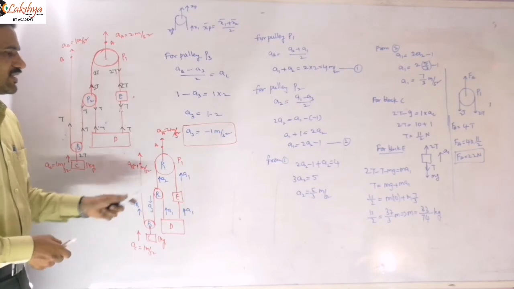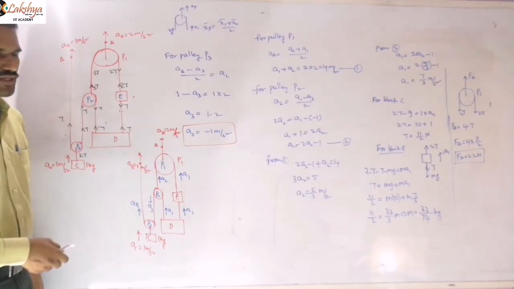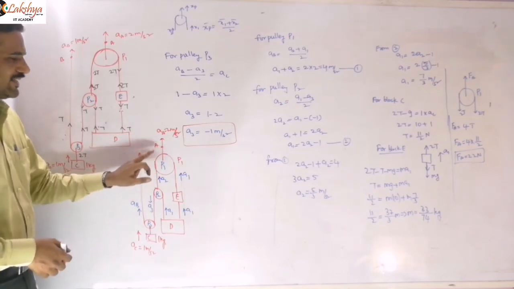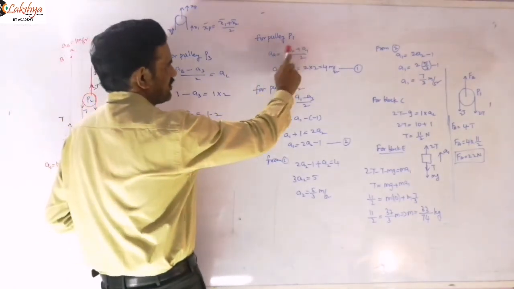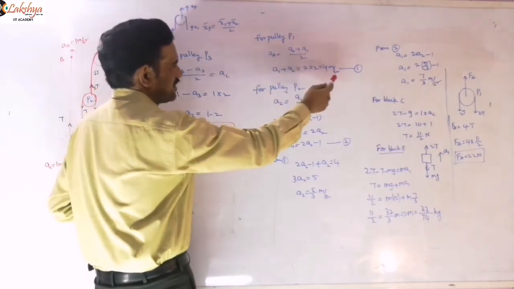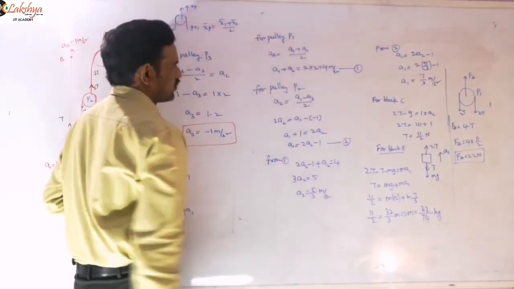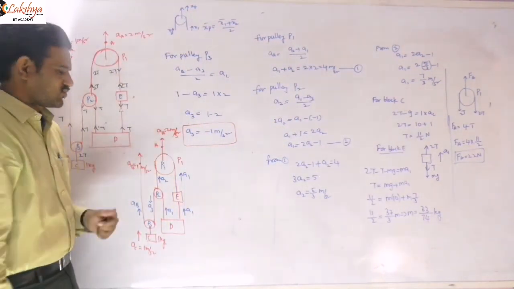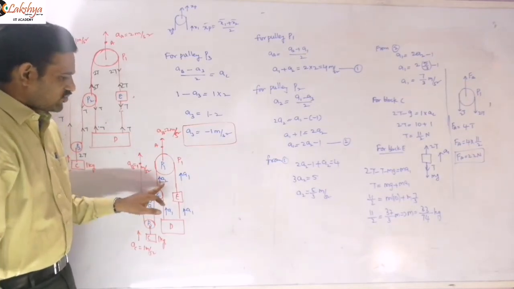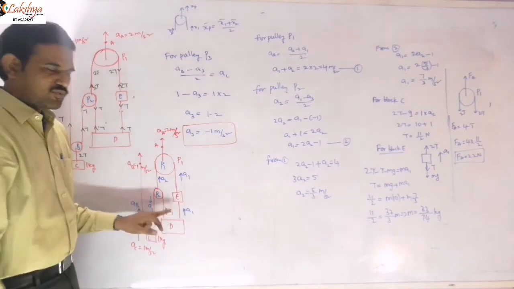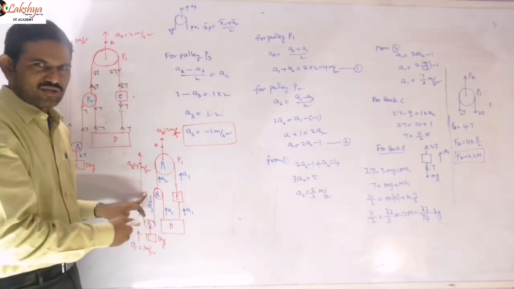Now next I am taking the acceleration for pulley 1 here. AA is equal to, both are in the same direction only. So AA is equal to (A1 plus A2) by 2. From this you will get the relation A1 plus A2 is equal to 4, because AA is given as 2. And next for this pulley, if I consider here, A2 is in upward direction and A1 is also in upward direction, A3 is in downward direction according to our assumption.